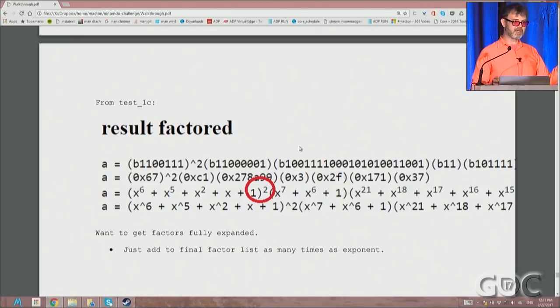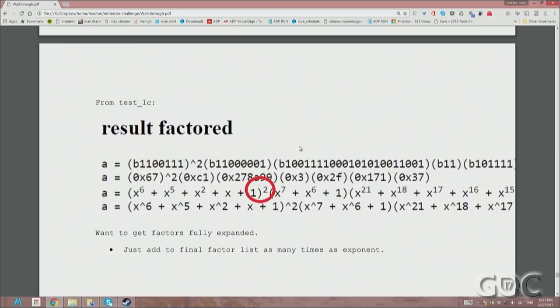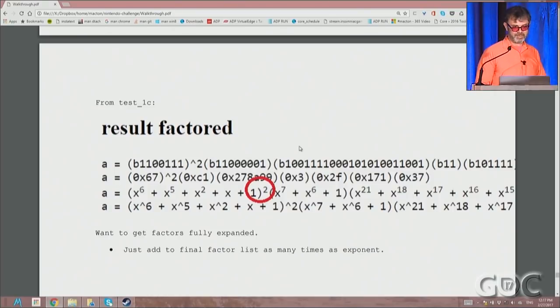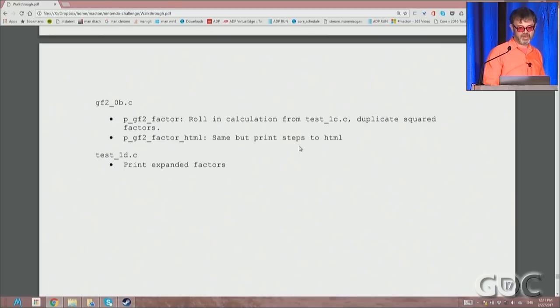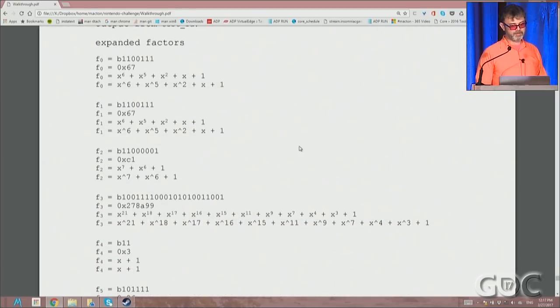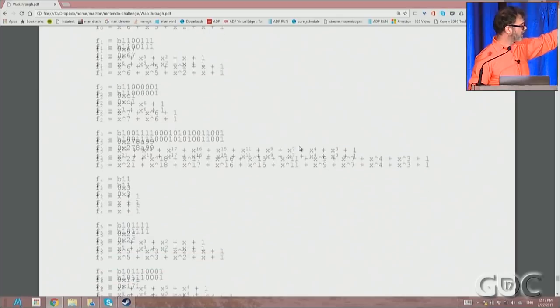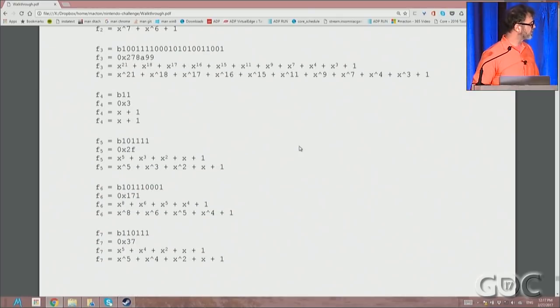But for my purposes, I want to be able to recombine everything, so I want to expand this. So really, I'm just going through anything that has a power, that has a polynomial squared, and I'm just going to duplicate it in as many times as it's called for. So that's all that I'm doing in test 1D, just printing out and duplicating all the expanded factors. And so that's what this is. F0 you can see is the same as F1, hex 67, and then the rest of them happen to be section B